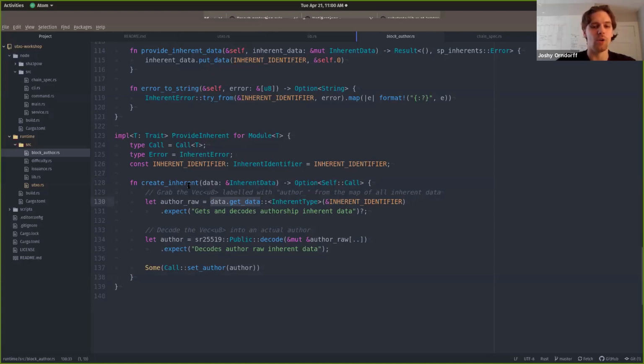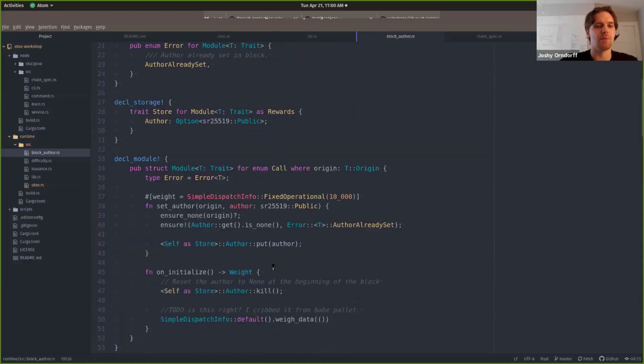And we decode it to a public key right here. So now instead of being a vec of bytes, it's decoded into a proper SR25519 public key. And finally, we make this call to the set author extrinsic,